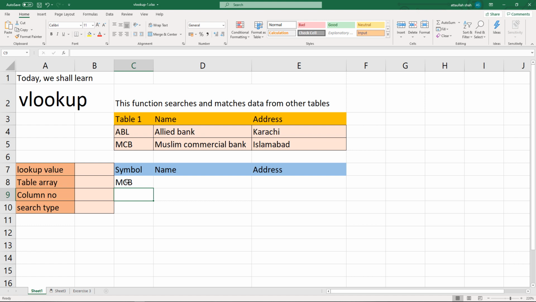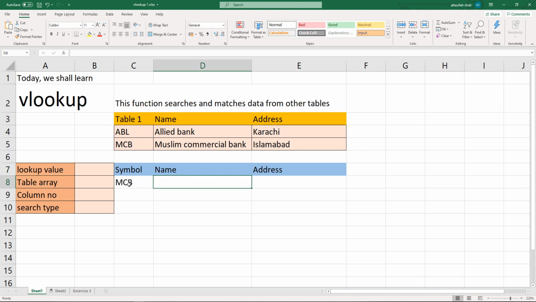So let's say if we have MCB, we know visually from this table that the name of the company is Muslim Commercial Bank. So here the VLOOKUP will fetch this specific name from this table and write it here. So what does the VLOOKUP do?